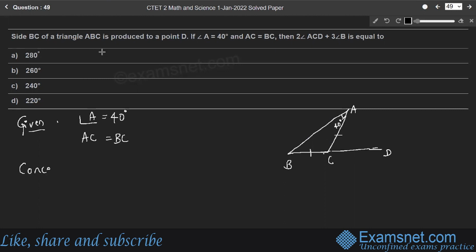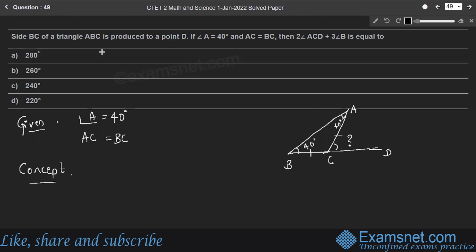Here we are using the concept that in an isosceles triangle, corresponding angles are equal. Here ABC is an isosceles triangle, AC is equal to BC, hence angle A is equal to angle B, that is equal to 40 degrees. And here is an exterior angle